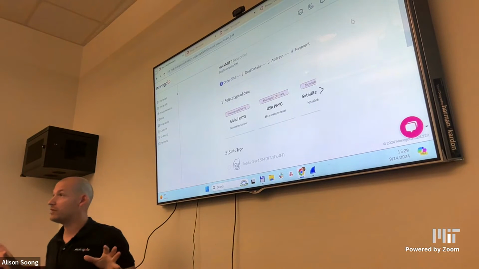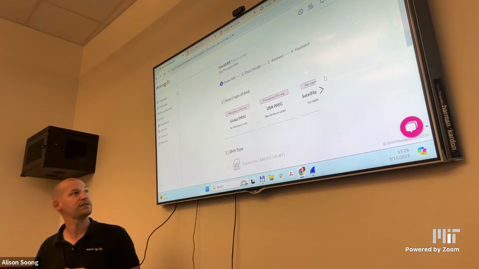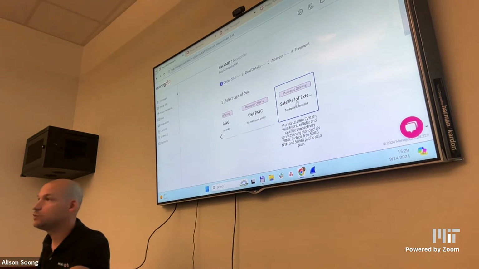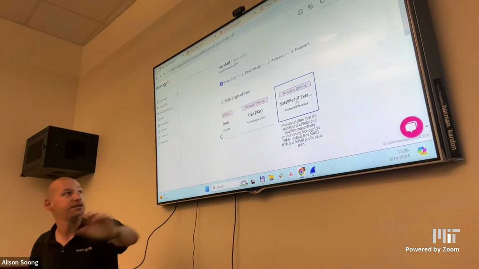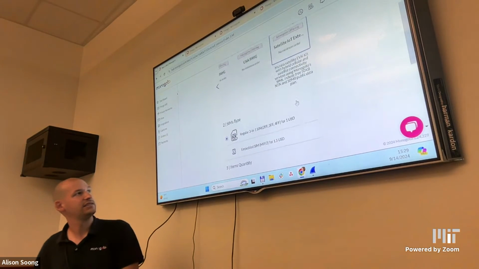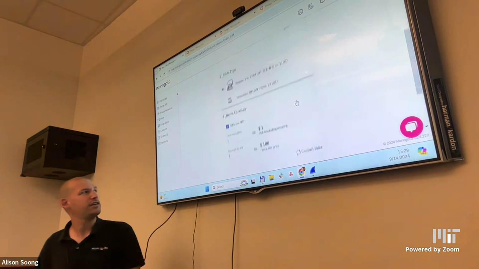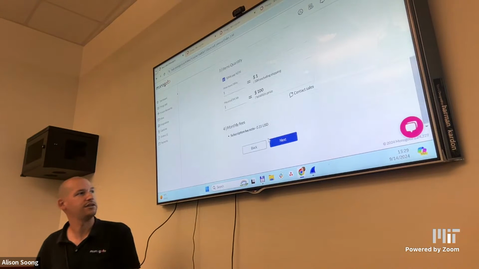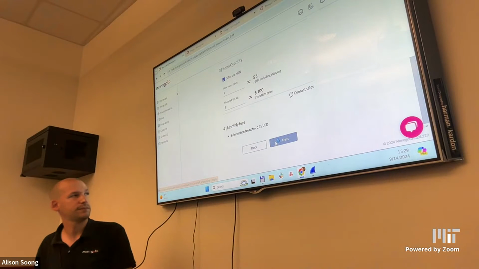Demo, so let's hope everything works. The God of Demo is with us. And now we'll choose the satellite. This is the dev kit that we're talking about that we have here today. So you click on the satellite, you need regular SIM cards, maybe you need some more because you want to test, it doesn't matter. You click next.